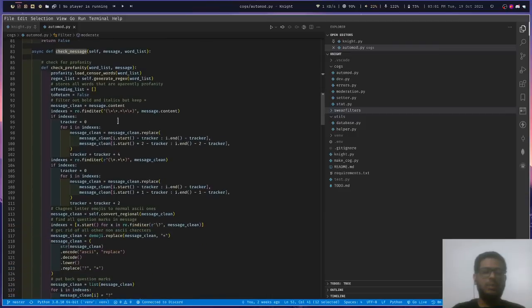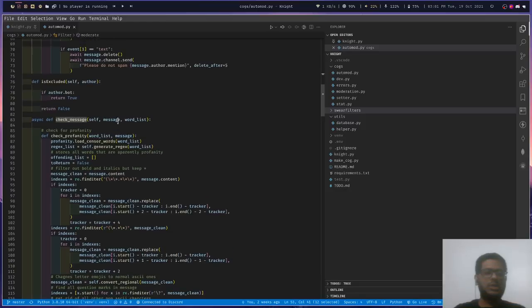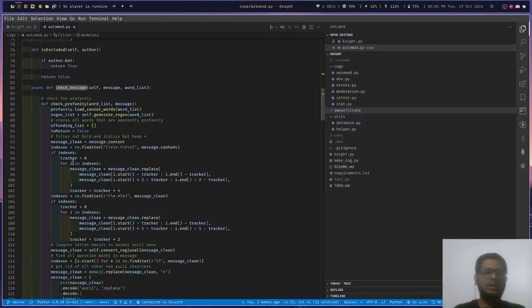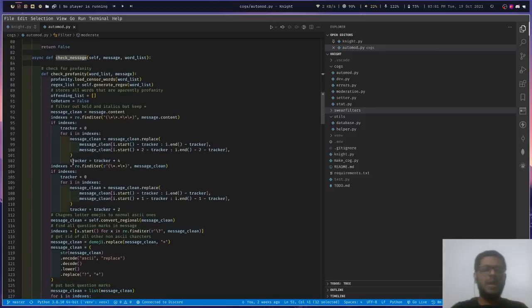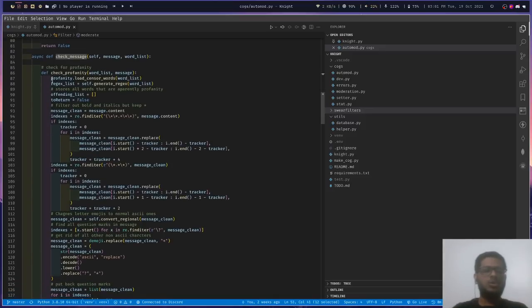Now this check message function is the main function in this cog. First of all, it will check for profanity. Profanity, as I said, is the list of bad words. There is a library called better profanity, which checks for the censored word with our provided list of bad words.